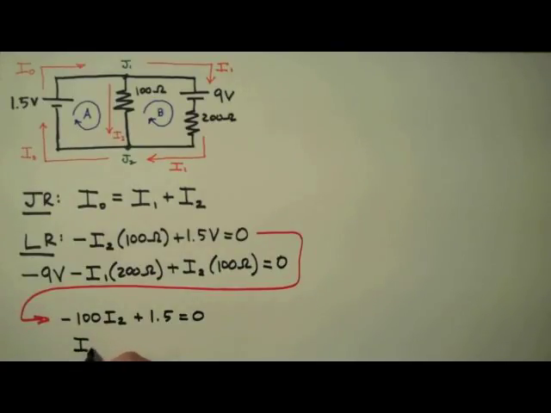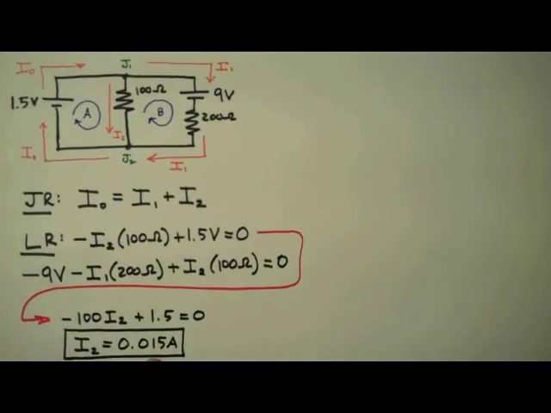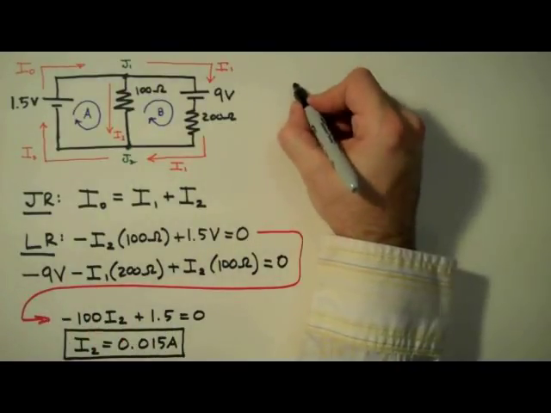I2 is equal to 0.015 amps, or 15 milliamps. I box this up. And now I'm going to use this value to solve for I1 in the equation above. I'm going to plug it in here and solve for I1. Again, I'm going to drop my units,